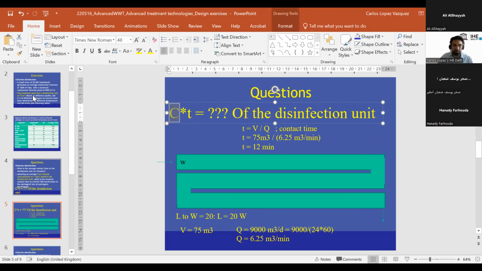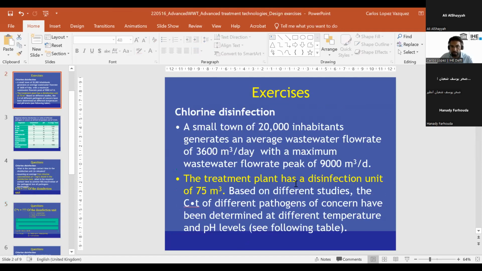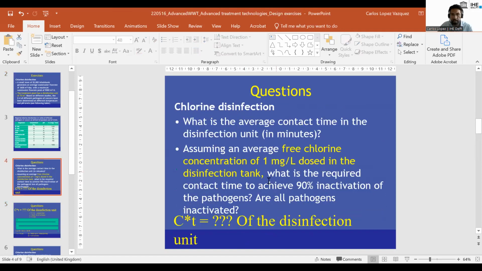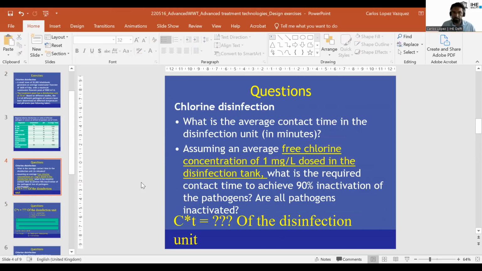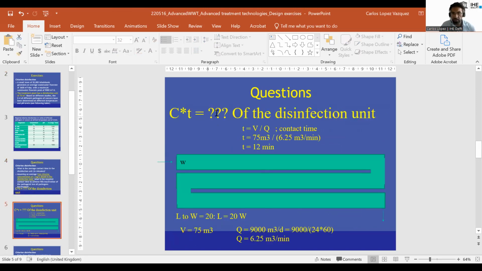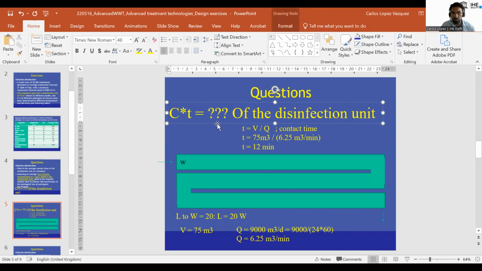Let's review the information. This is plant and it's working. We are dosing 1 milligram per liter. The average concentration is 1 milligram per liter dosed. So that concentration is 1. What means that the CT of the disinfection unit will be